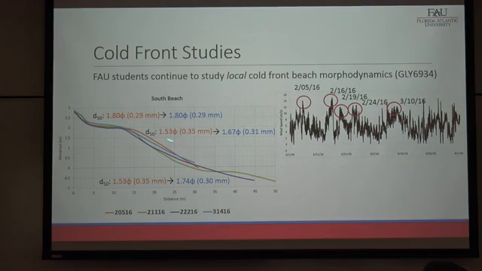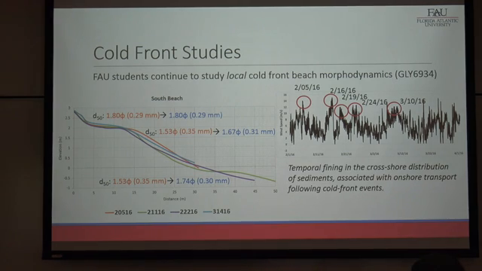So we go from 0.35 millimeters here to 0.31, 0.35 to 0.30, right? So there seems to be fining in the cross-shore distribution of sediments as we see accretion along the foreshore following these cold fronts. This is very similar to what we saw in Sea-Sal. So one of the questions that I have for the students is, well, how do we know that this